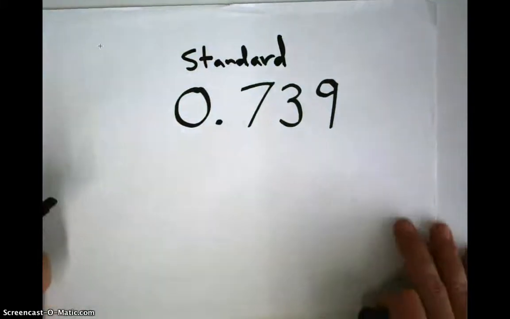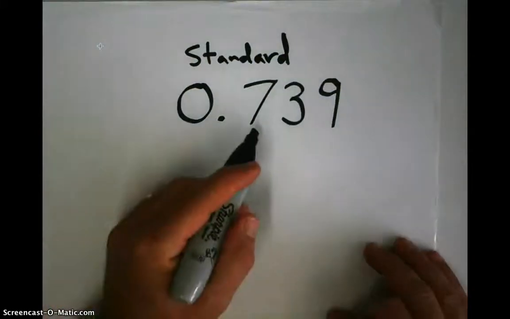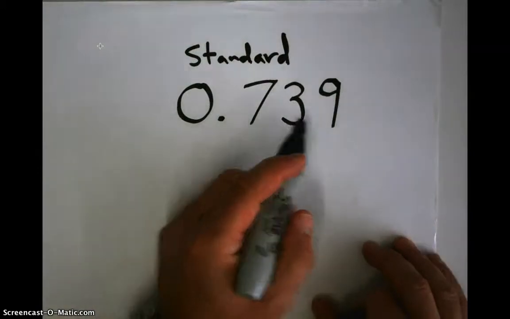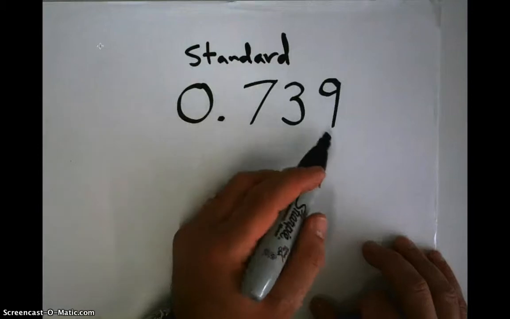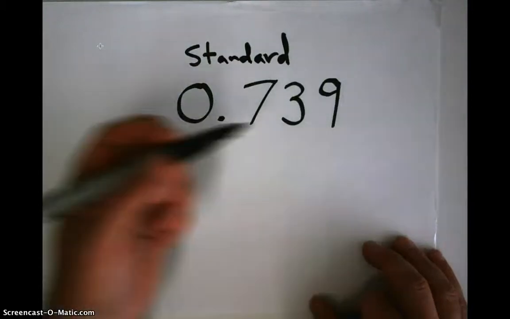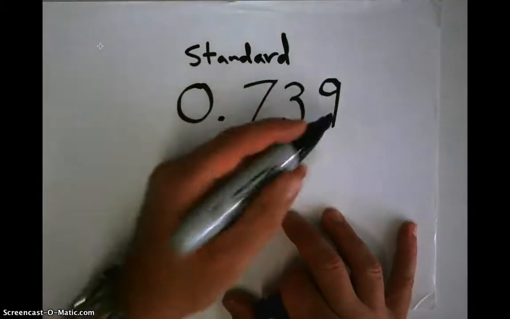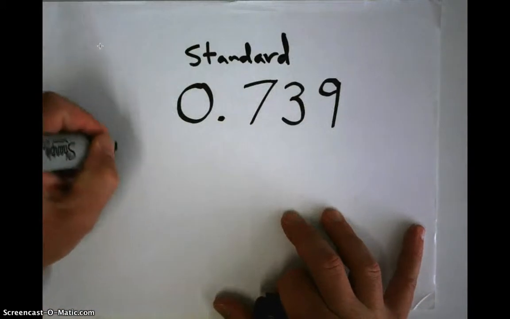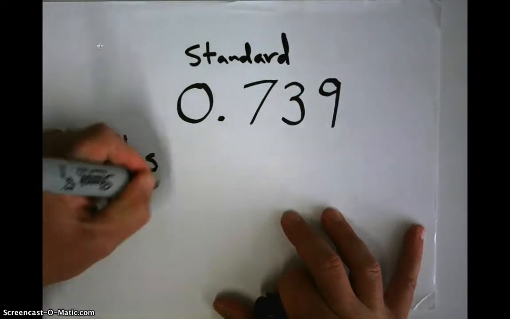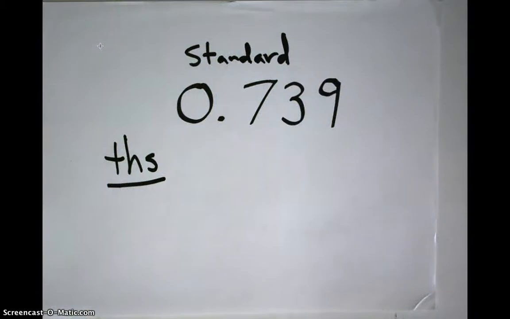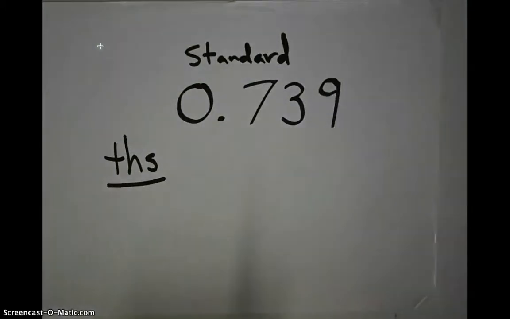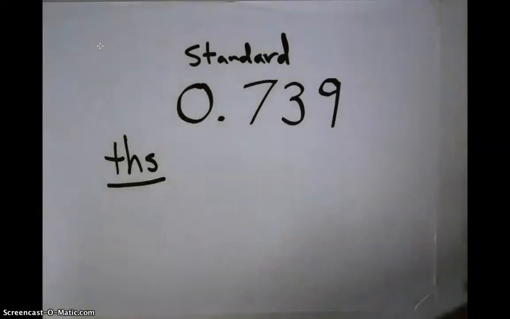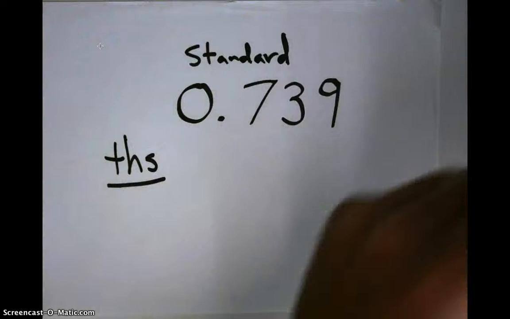Now, we can write it in words. So this would be 739 thousandths. 739 thousandths. And again, when you are writing out to the thousandths place, you need that THS at the end. That is the big difference between a thousand and thousandths. Okay, and when you're dealing with place value, it's very, very important that you know the difference between a thousand